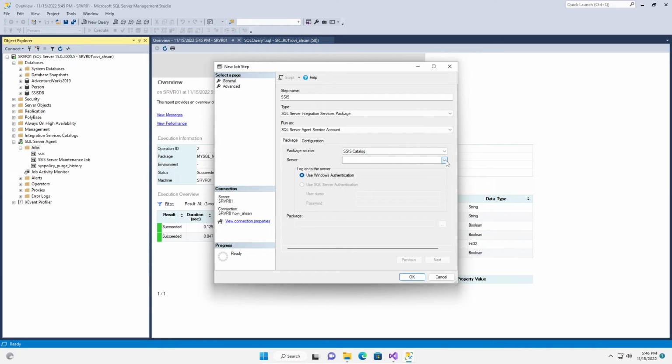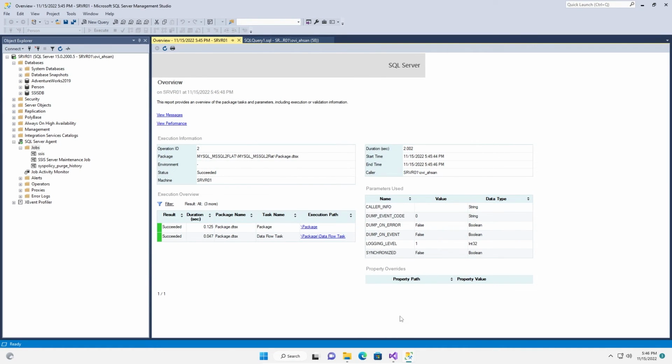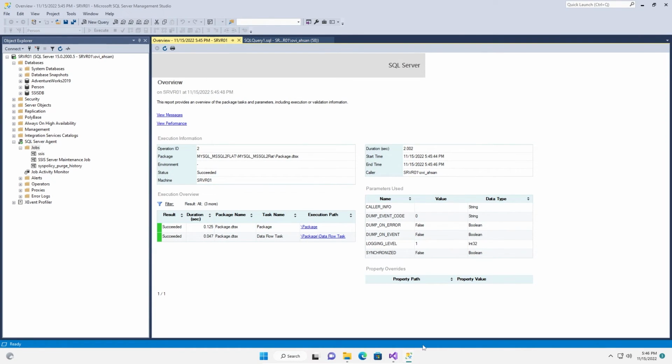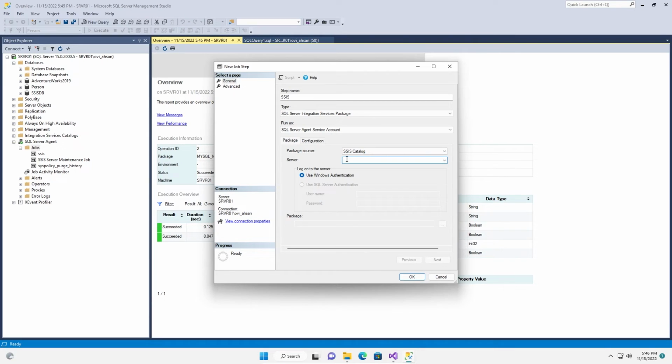Now you have to provide the server, and our server name is server01. Let me just, okay, it's loading. Let me quickly write down this server name, server01.